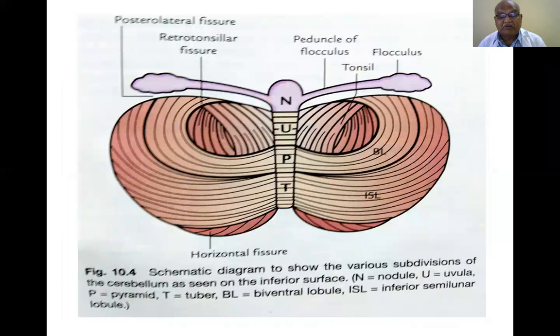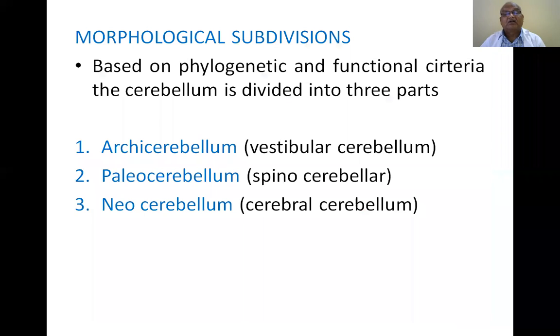Now, a schematic diagram to show the various subdivisions of the cerebellum as seen on the inferior surface, from below upwards. You have to put your head downwards and see from below upwards. Then you will find it like this. Morphological subdivisions: based on phylogenetic and functional criteria, the cerebellum is